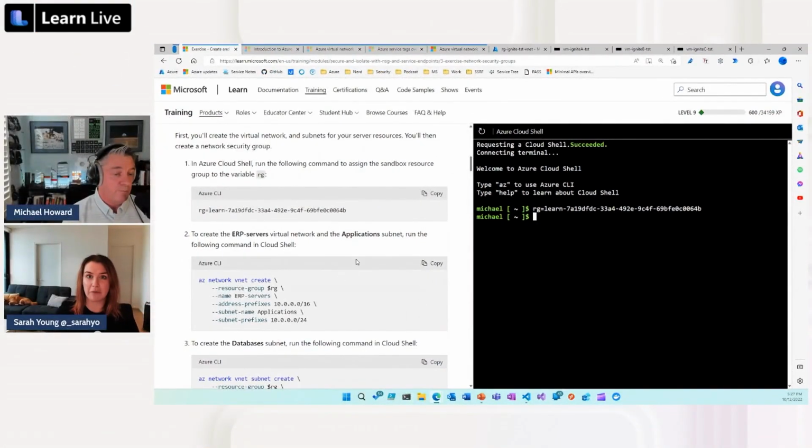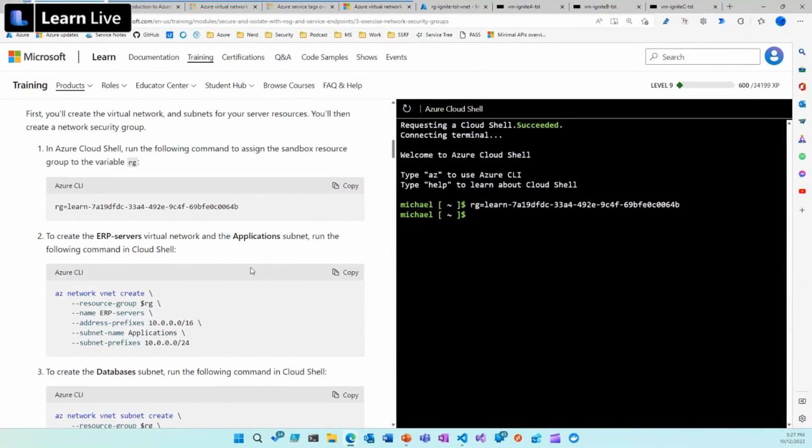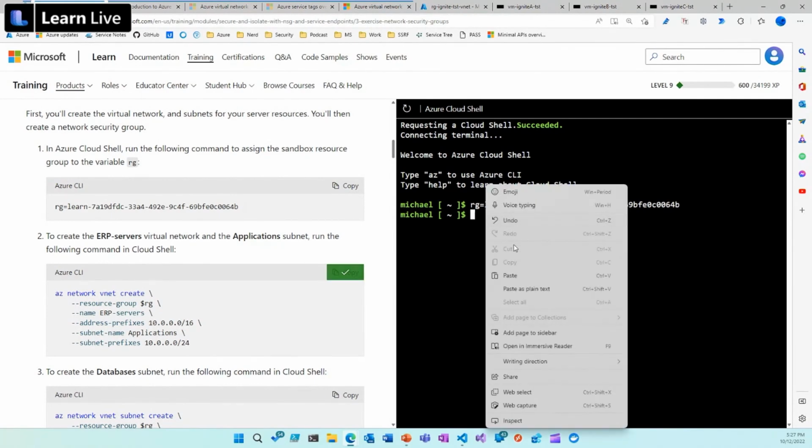So if you're, like we said at the beginning, completely going from scratch, this is just step by step by step. So you can learn about it; you don't have to try and build something yourself to learn about it. I mean, you can actually take all this stuff if you want, just change the resource group name. So this resource group name is basically a random resource group. It's unique to your environment. But then you could actually take all of this stuff and just apply it to your own environment. So, copy and then paste.